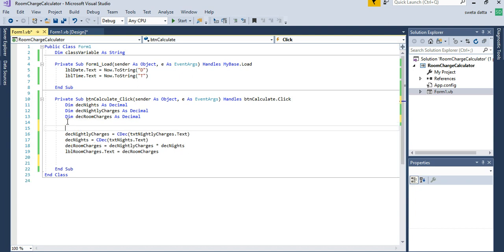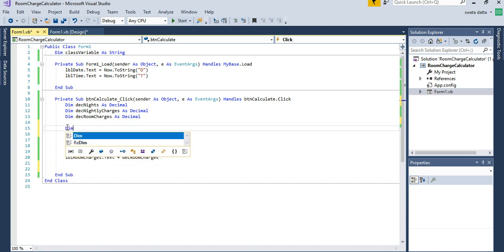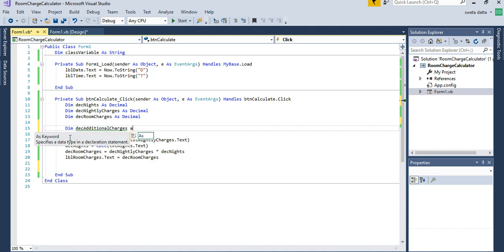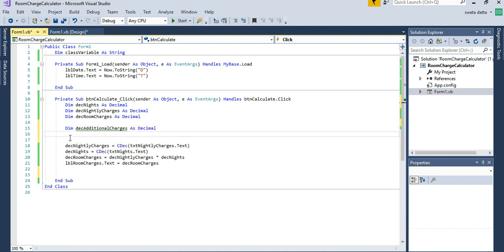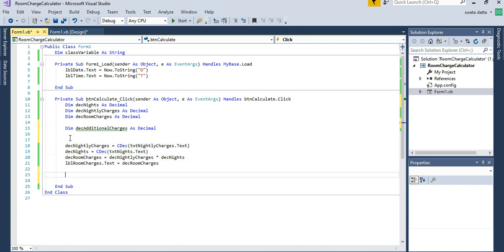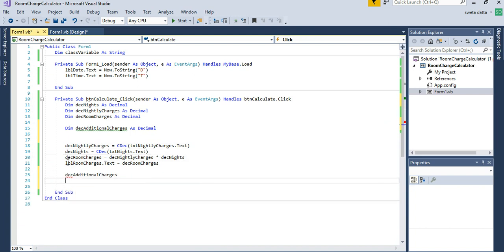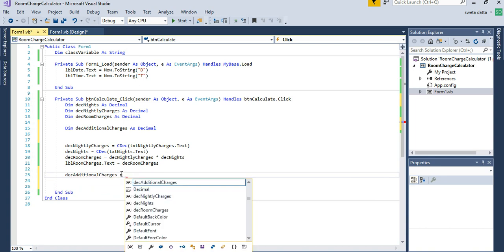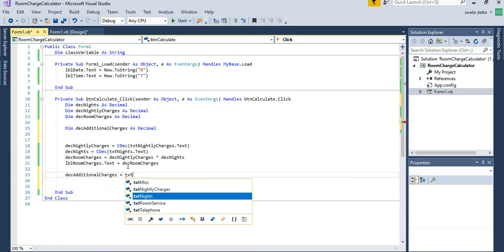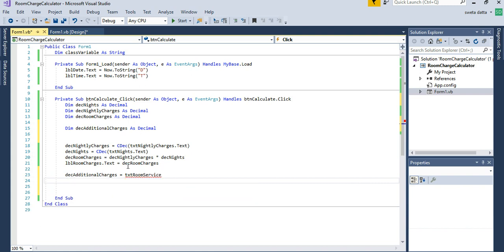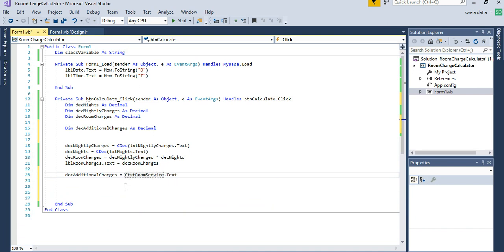Again, we have to declare some temporary variable. So for some calculations, you don't need to capture temporary variables. Like here, for example, I can say additional charge is equal to text room service, then convert this to decimal, plus,